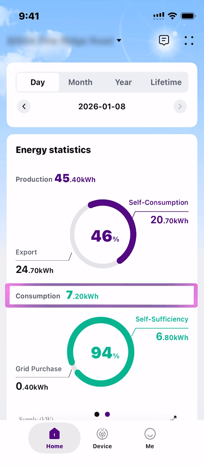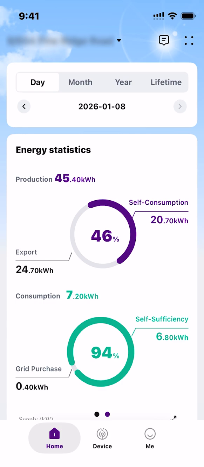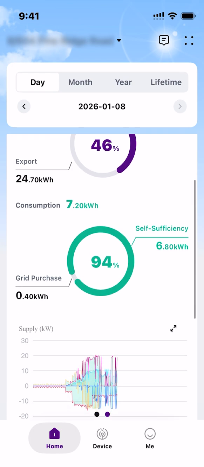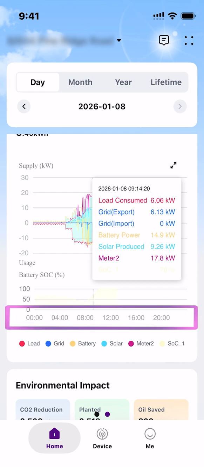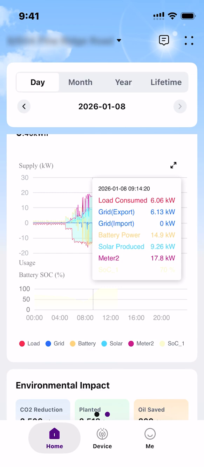Under Consumption, you will find the amount of energy that you have consumed, the percentage of that energy that was produced by your solar system, and the amount of that energy that has been purchased from the grid. Scroll down to see a detailed graph outlining the performance of your system throughout the day. If you tap on the graph at any time throughout the day, as indicated along the bottom, you will see an in-depth pop-up that details your system's production and consumption at the